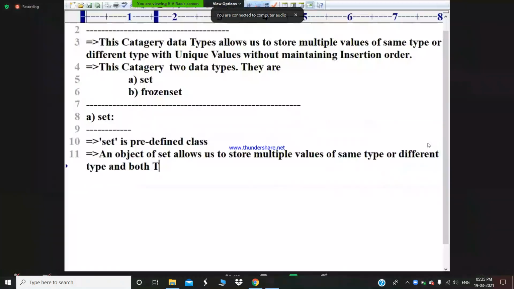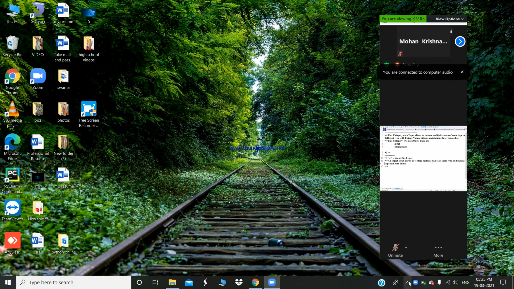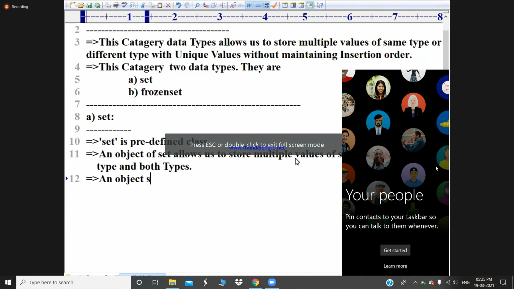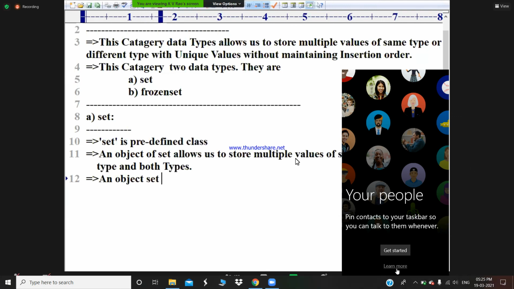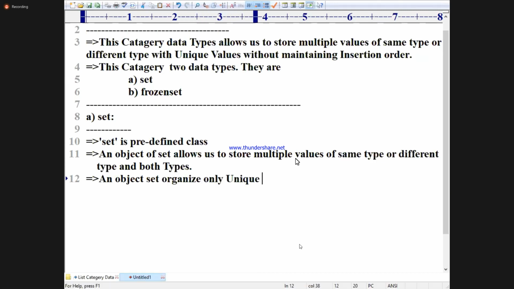Both the types, I will split that for easy remembrance. Come on. Set allows what elements? An object of set allows only which elements? Unique elements.